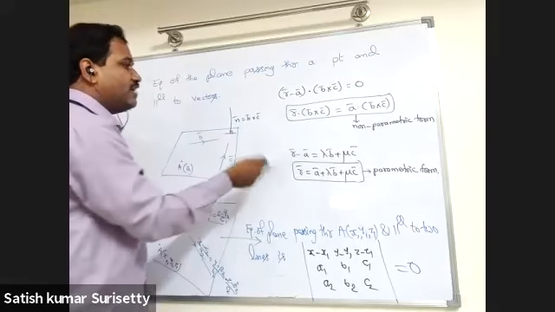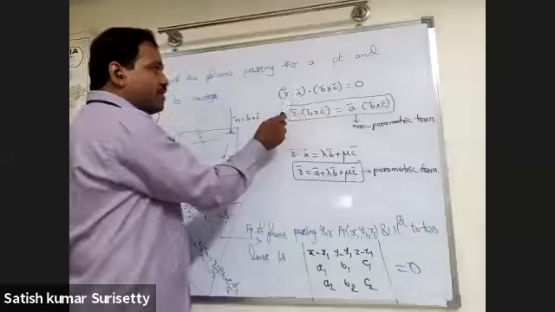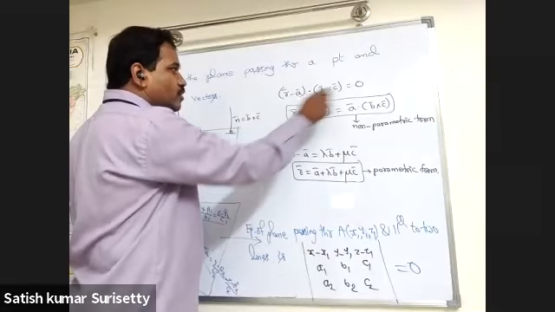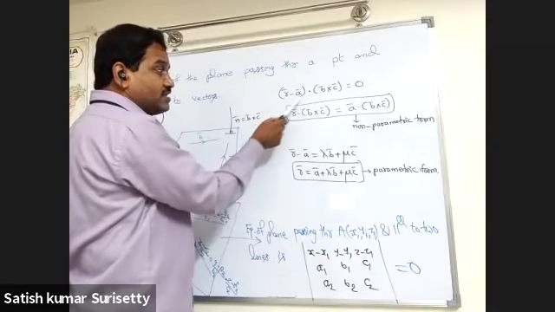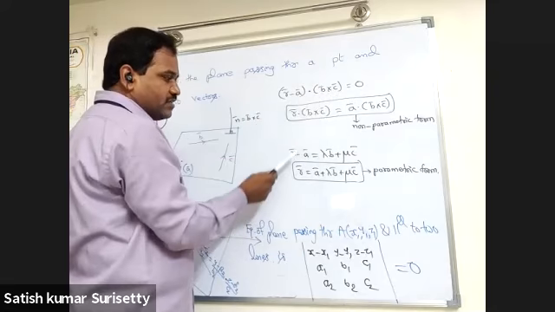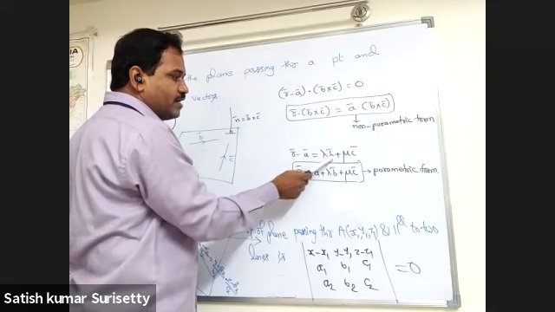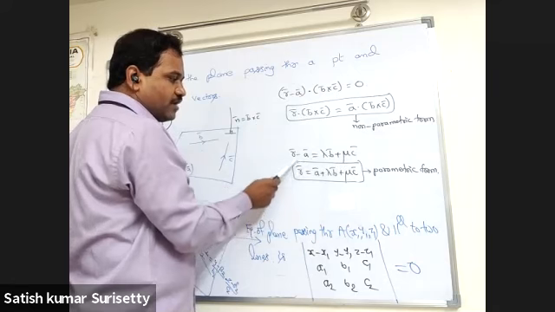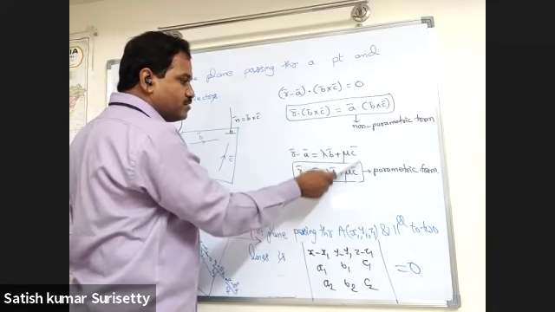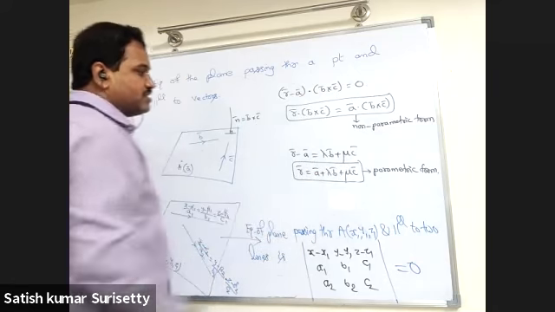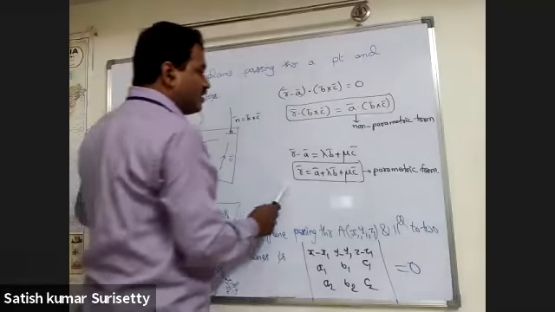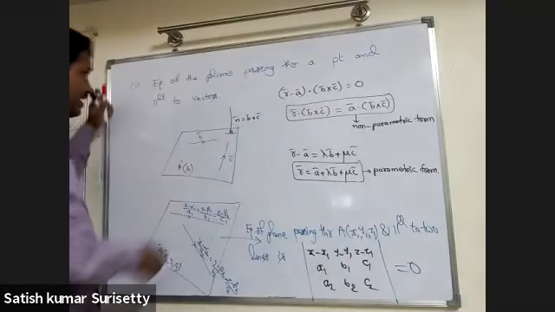Now if I want to have a parametric form, r bar minus a bar, b bar and c bar are coplanar. So I can write one vector as a linear combination of the other two vectors. So r bar minus a bar equal to lambda b bar plus mu c bar. So r bar equal to a bar plus lambda b bar plus mu c bar, where lambda and mu are scalars, that is, parameters. So that's why it is called parametric form. In the same manner,